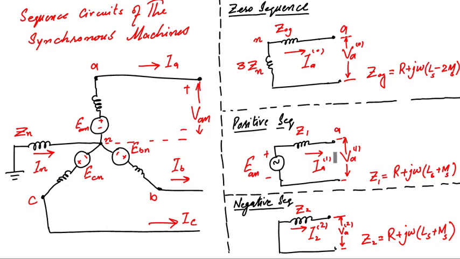Next we compare the sequence impedance of these three sequence circuits. Starting from positive and negative, we compare these two impedances. These are equal to the synchronous impedance of the generator. The resistance plus synchronous reactance known as synchronous impedance. But zero sequence impedance is a bit different from the synchronous impedance. So here this reactance is much smaller than the synchronous reactance of the machine, because here it is equal to the self inductance minus 2 times of mutual inductance.